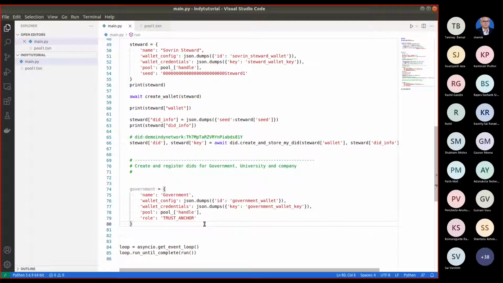We'll be registering this DID as a verinym in the Indy ledger, to say that okay, this real DID has been verified. So what is the real identity? This name only, nothing else. So the name is proper. It is assumed that if a steward is registering something, it should be validating it offline, the physical identity.